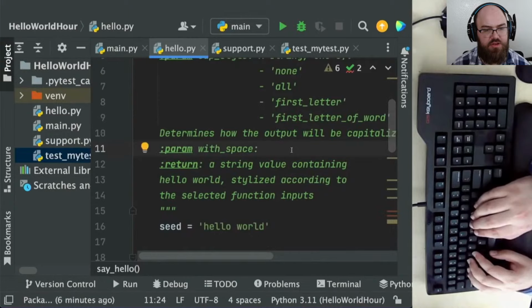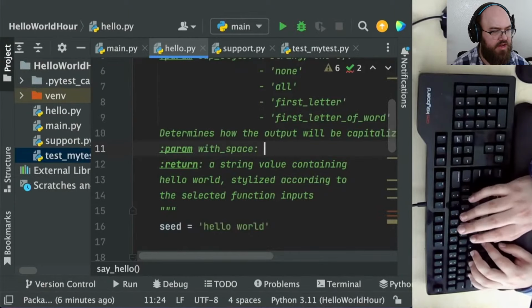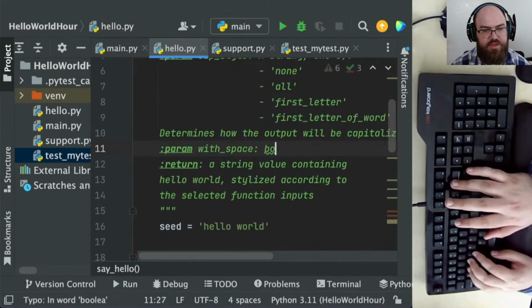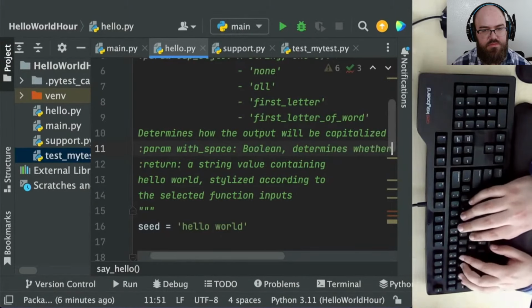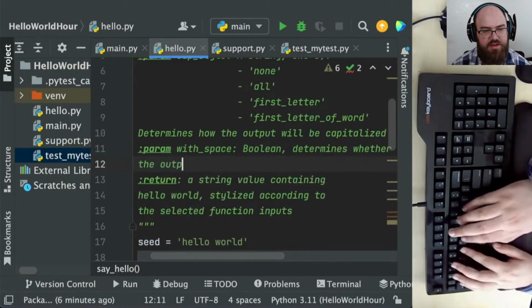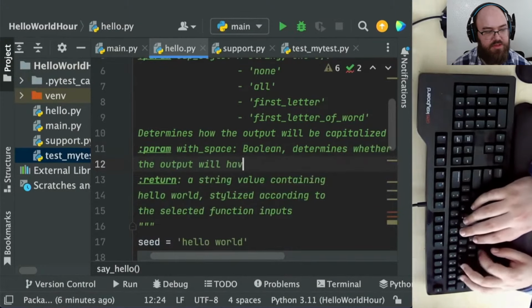I was about to code it after I wrote the doc string, but then I decided to do test-driven development, red-green refactor. I did not predict when I started this hour that I would start getting into test-driven development.